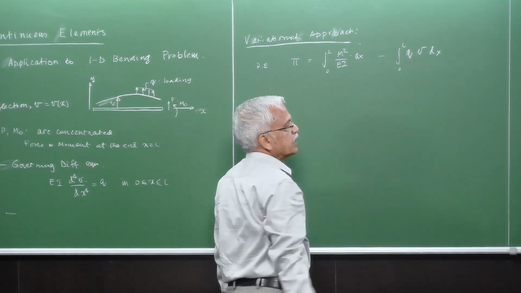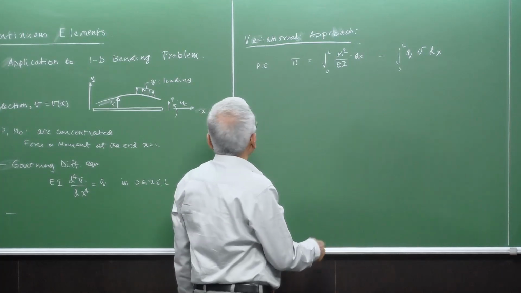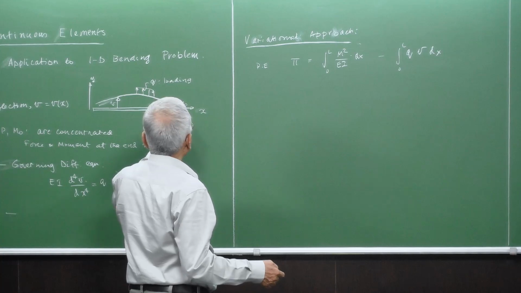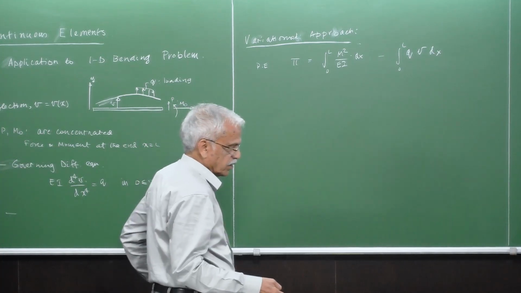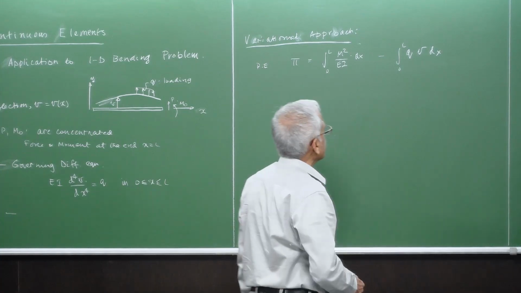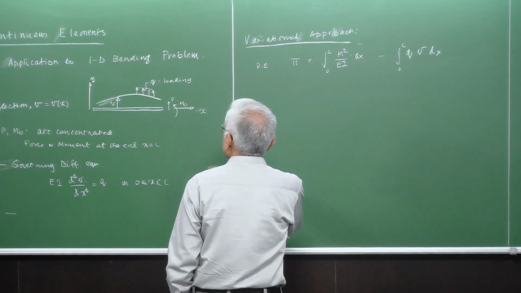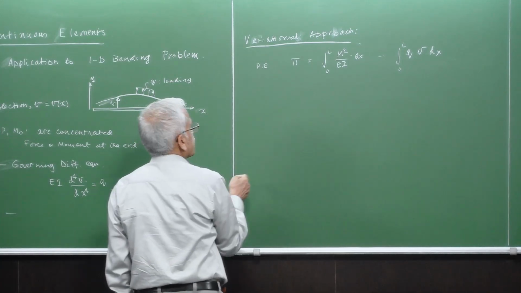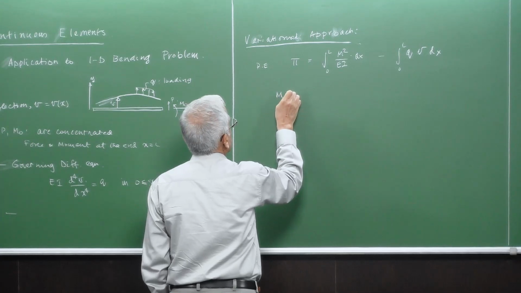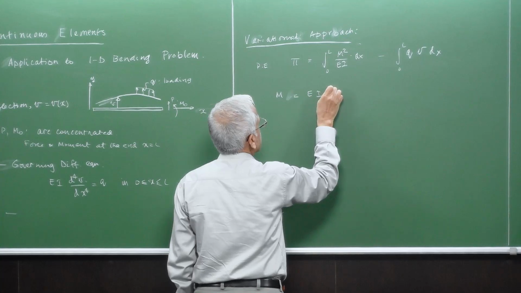This is the work of external forces, which is the distributed force. And then we may also add P times the v at x equal to L. That's another thing which we can add later, but for the moment we just see this one. These things can be added anytime later. And what is M? The bending moment anywhere is given as